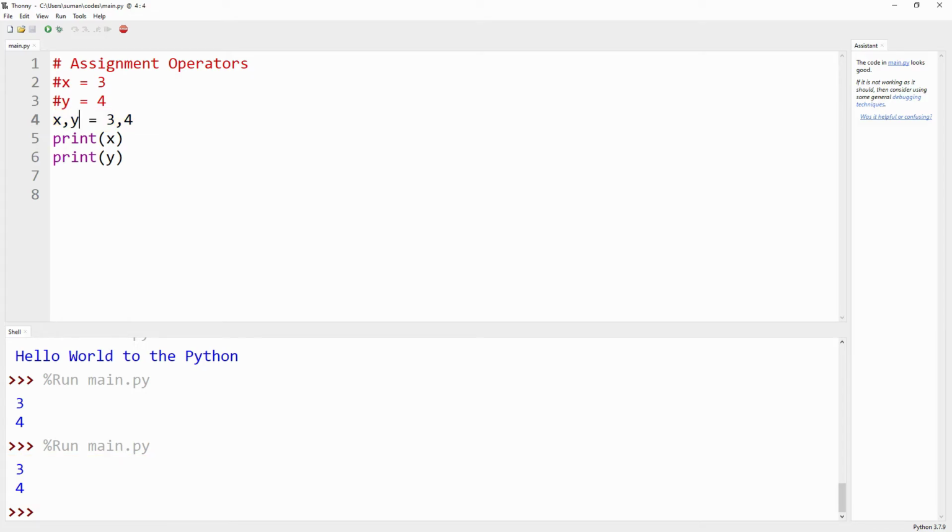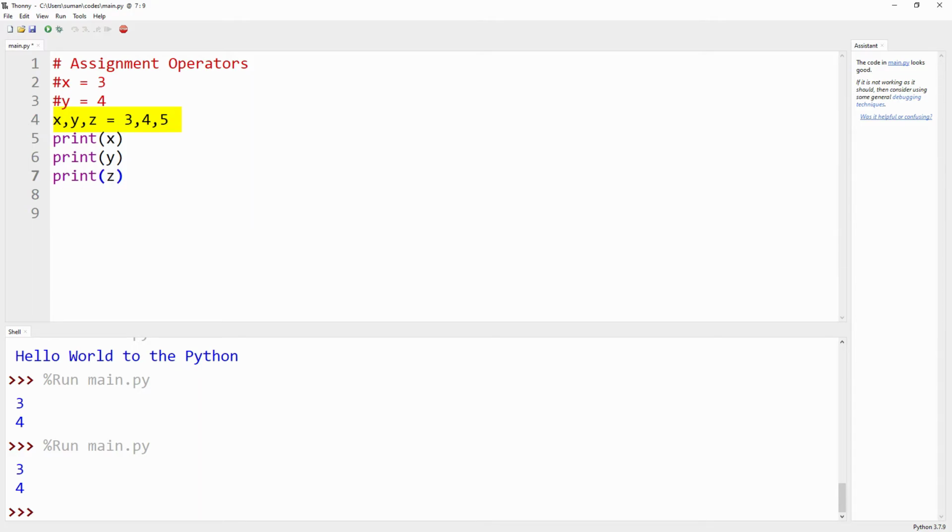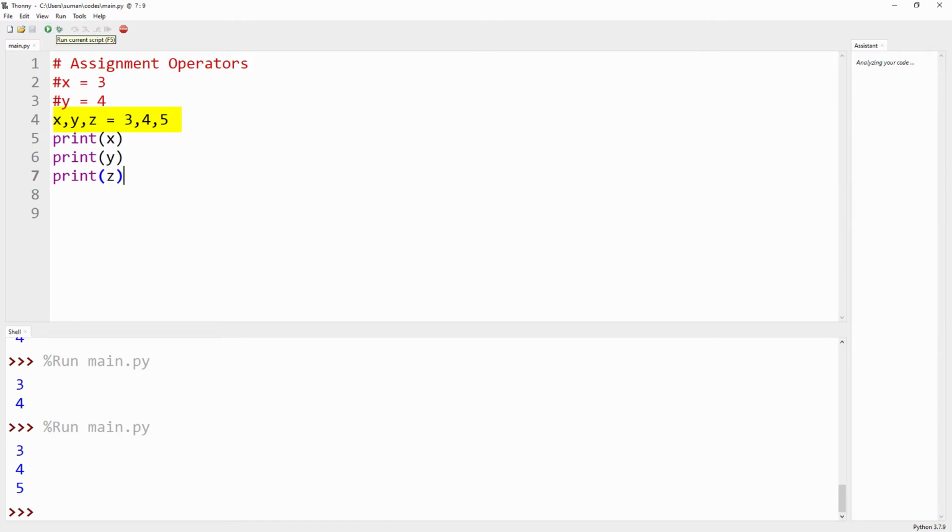Suppose we have another variable z, and we give the value of z as 5. If we want to get the output for the variable z, we run the code and we get 3, 4 and 5.